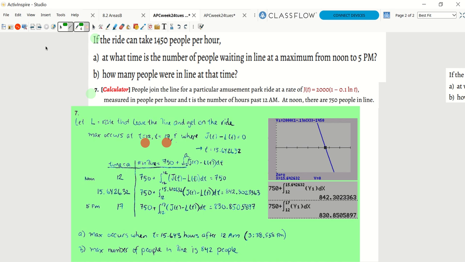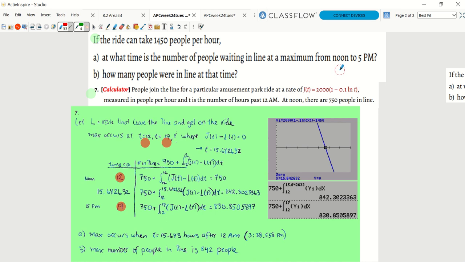So noon is 12 hours after midnight. Midnight is our reference number, so that's why it's 12. And 5 p.m. is 17 hours after midnight, so it's 17. And again, by the same logic, we are going to